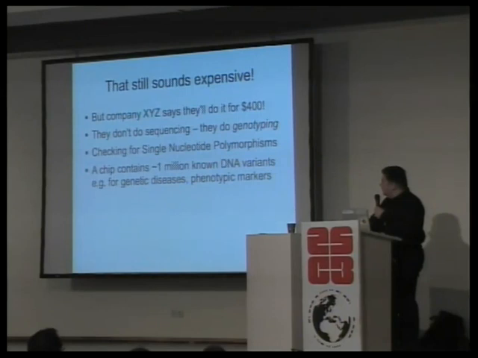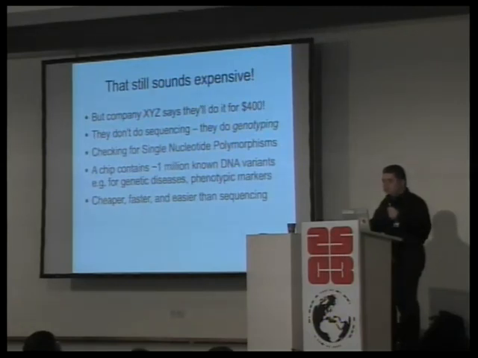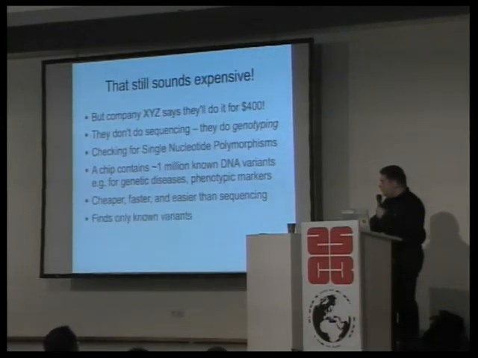There are currently chips that can carry 1 million positions on a single chip. When I started studying, this was barely developed. There was an experimental chip that had 10, not 10 million, 10 of these things on it, and they're now up to 1 million. I think next year we'll see 2 million. This is much cheaper, much faster, and easier to handle than sequencing, but it has several big drawbacks as well.